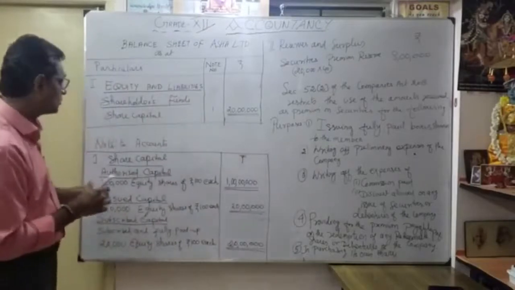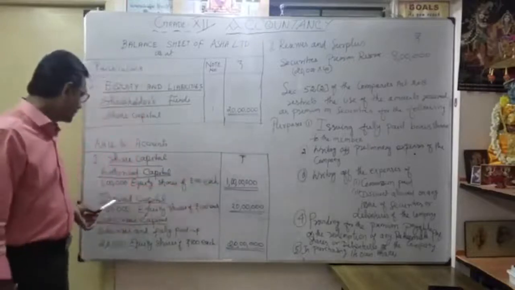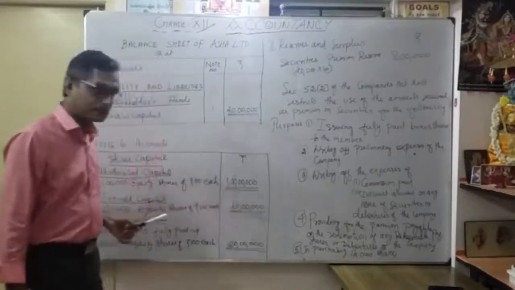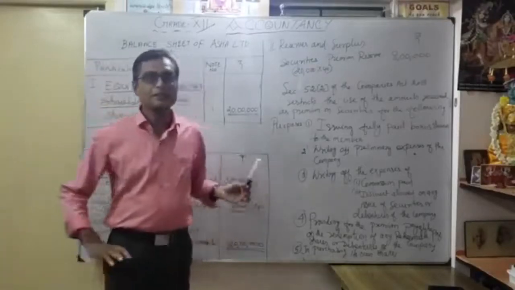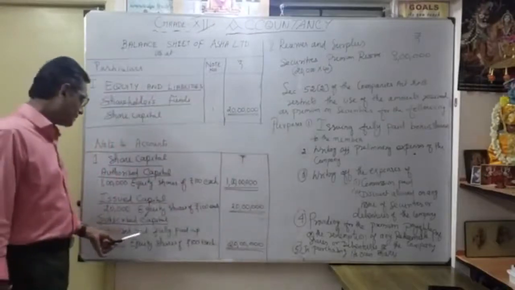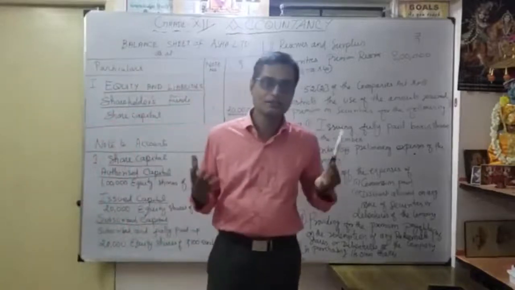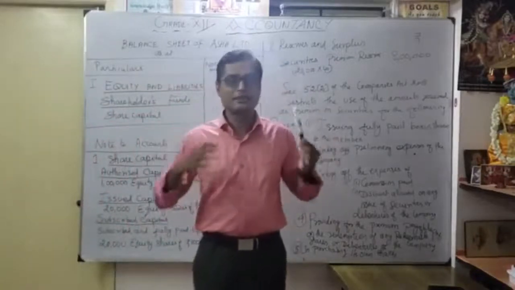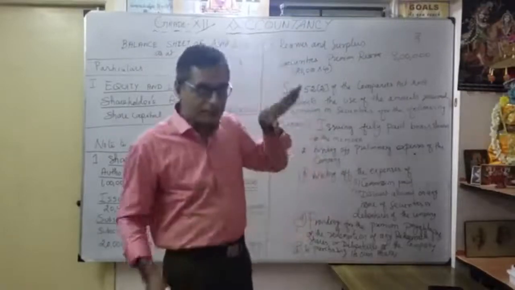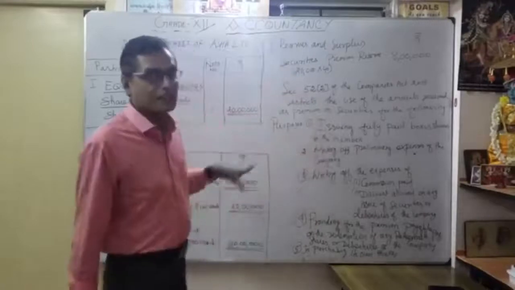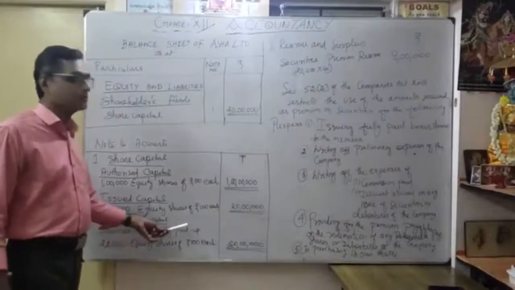As notes to accounts, you want to classify: authorized capital, 1 crore. What is my issued capital? 20 lakhs. Thereafter, what is my subscribed and fully paid up? 20 lakhs. Here there is no question of subscribed and not fully paid up, because all are received. All the shareholders paid their money, the entire amount as application, allotment, first call and final call. Suppose there is any default, any calls in arrears, there you want to show another heading, subscribed but not fully paid up. Okay, understood.